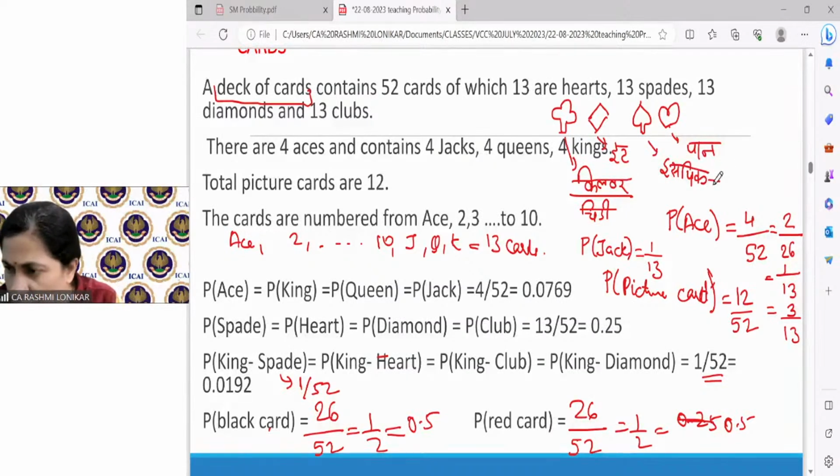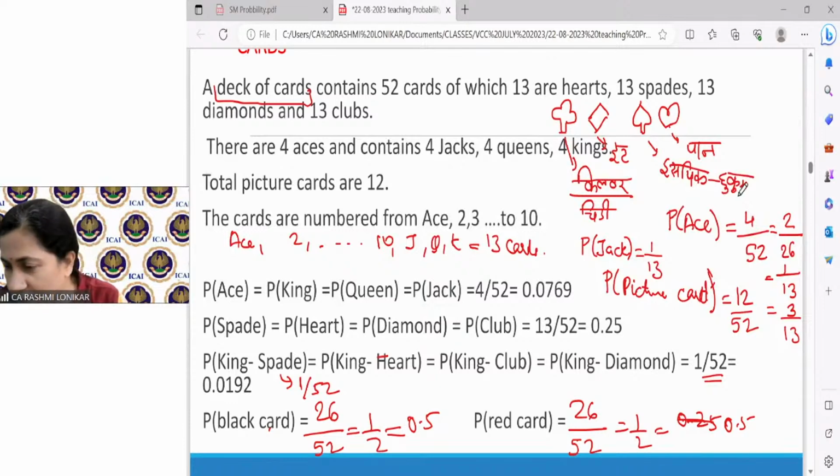Somebody has written hukum also. But I think hukum is not the name of the card. Hukum is like when we say that hukum will be pan or hukum will be this. Okay. As far as I know, it is known as spade ke patte, but still somebody has written hukum also. So it depends on which area of North India you belong to.